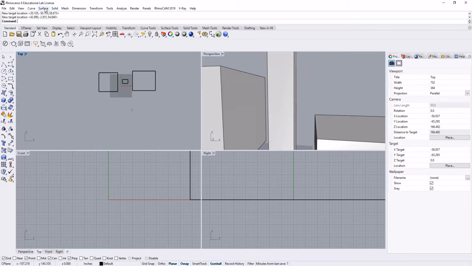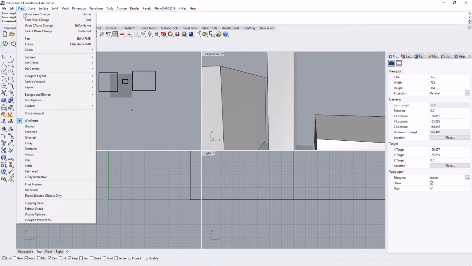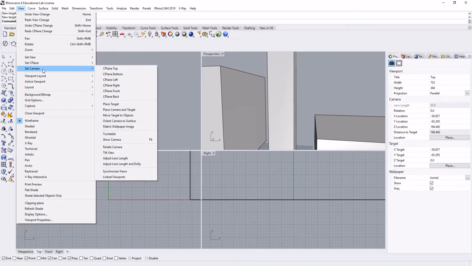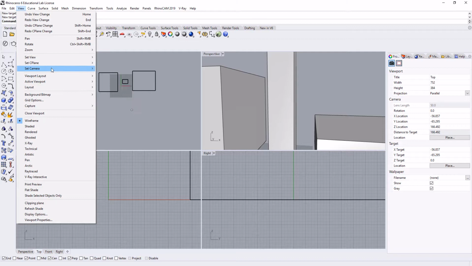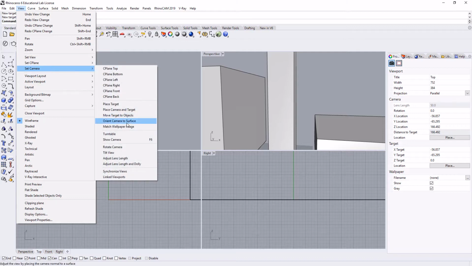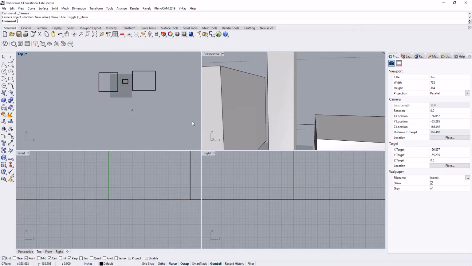So what I'm going to go ahead and do is go to View, and then set camera and then show camera. But when I do that,